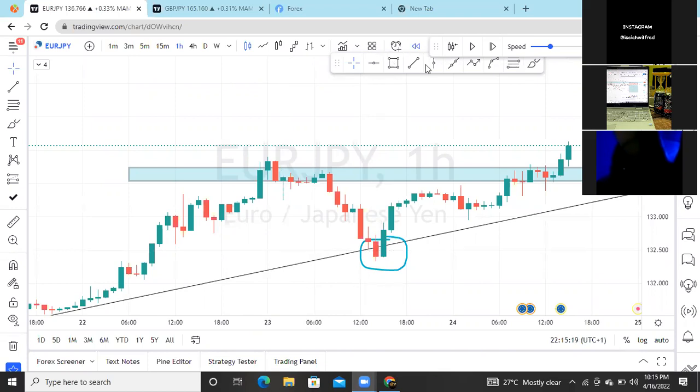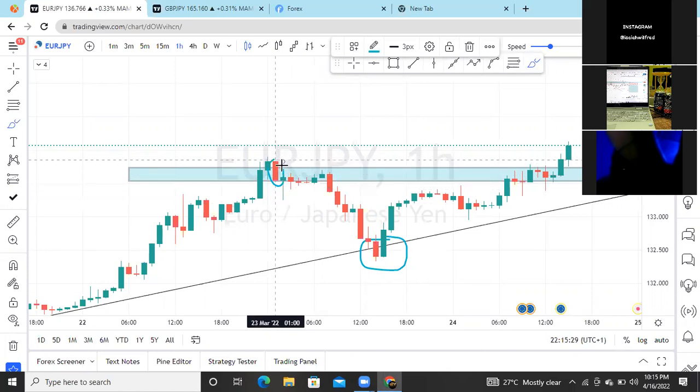Like I was saying, sorry for that. This particular red candle is a confirmation candle to tell me that, oh,